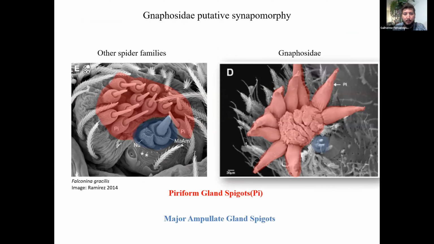And so here, just a comparison: on your left, we have another family, Corinnidae, and in red we're showing the piriform gland spigots, and on the right we have the piriform gland spigots of Gnaphosidae, and in blue in both figures we have the major ampullate gland spigots. So we can see that in Gnaphosidae they are really bigger and thicker than the major ampullate gland spigots. So in Gnaphosidae, they are used to